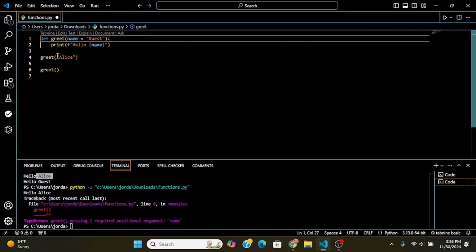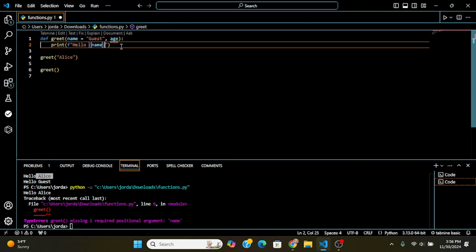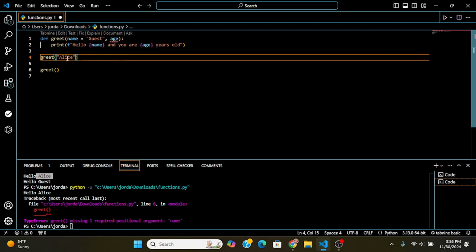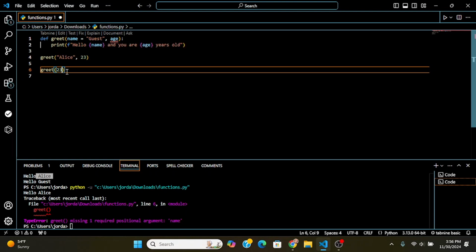Another thing to watch out for is positional parameters. An example of this is when you have name and then you have age to show someone's age. Hello, name, and you are age years old, like so. One thing you have to watch out for is if you put Alice 23, if you put 23 here and then put Bob, in this scenario it will work